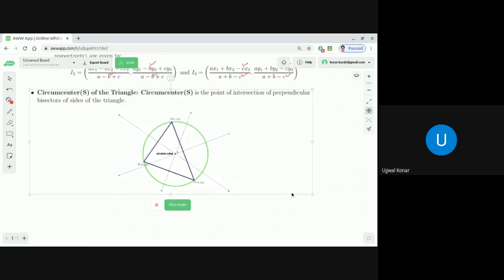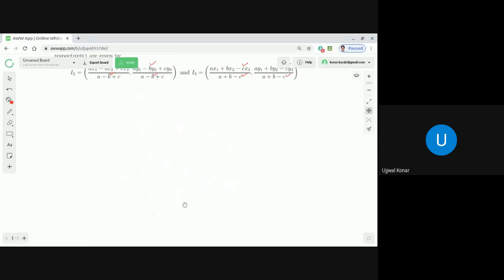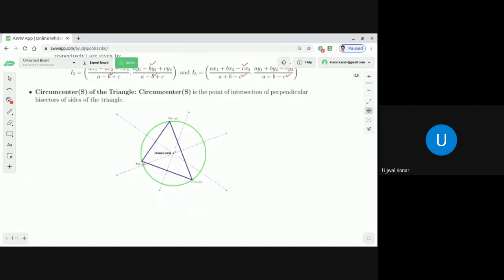So what is the circumcenter, with a representative diagram. As I said, I repeat the statement once more: the circumcenter is the point of intersection of the perpendicular bisectors of the sides of the triangle. Let's assume that whatever you see in blue color is the triangle with vertex A having coordinates x1, y1, vertex B having coordinates x2, y2, and vertex C having coordinates x3, y3. Now, dear students,